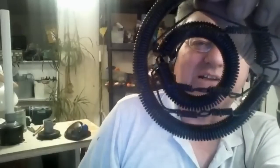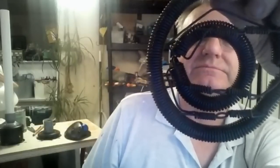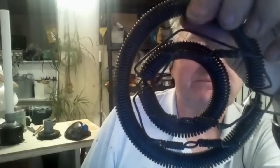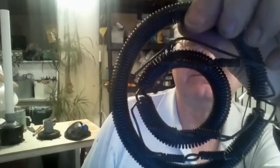Well, I think if you had a disturbance in your actual toroid field, there'd be one little weak spot. This way, it distributes the weak spot instead of stuffing it all in one side. Or you could look at it like we did a few weeks ago with the what's the name of the